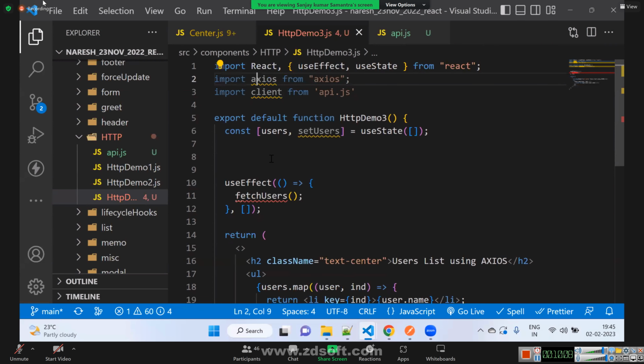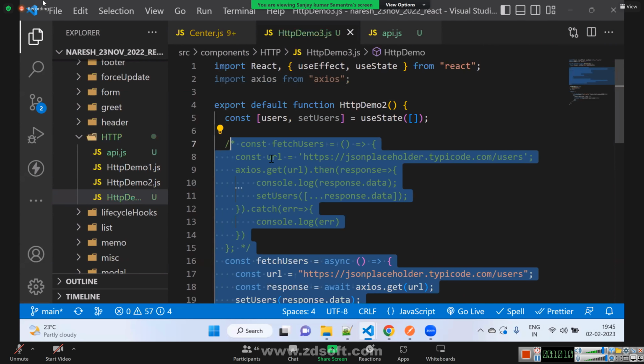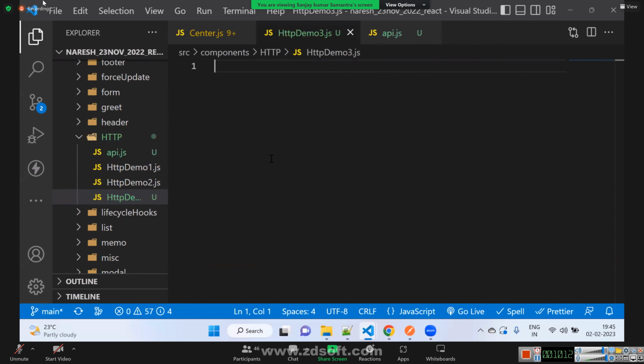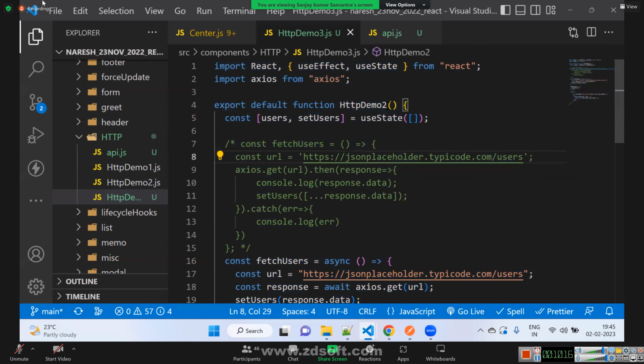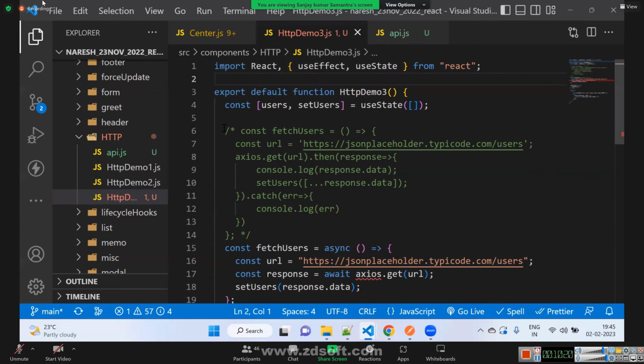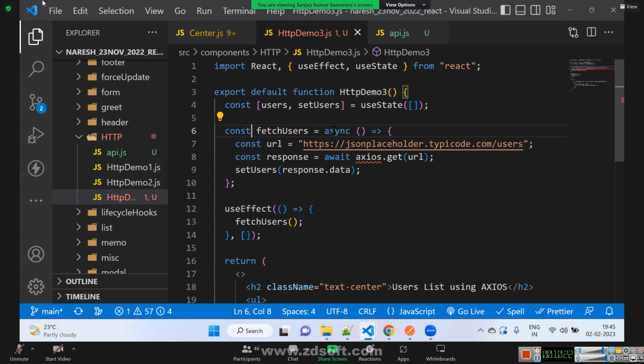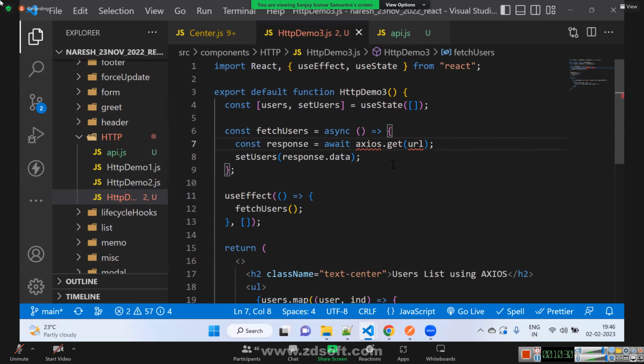So wherever we used to write like this, this is HTTP demo 3. We don't need Axios anymore. Here we used to write await axios.get and URL. We don't have to pass the URL also.